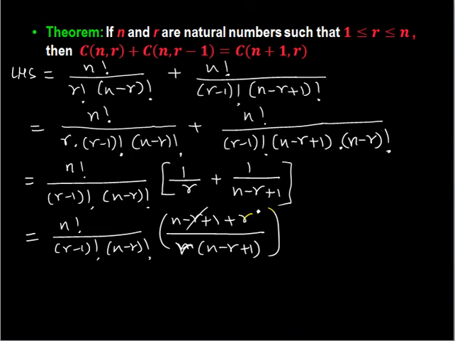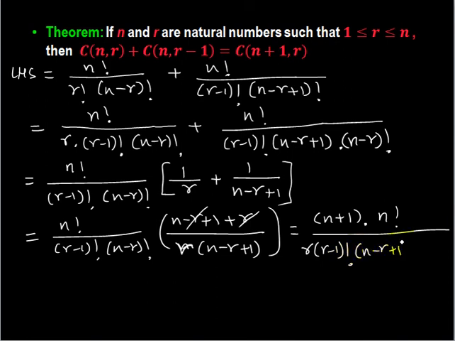So you will find r here gets cancelled out. Now we will just rearrange the terms and rewrite it. Numerator is n factorial into n plus 1. n plus 1 is 1 greater than n. Fine. So the way we can write 5 factorial as 5 into 4 factorial, in the same manner, I write it as n plus 1 into n factorial. And in the denominator, on rearranging the terms, first writing r into r minus 1 factorial. In the same way, n minus r plus 1 into n minus r factorial.